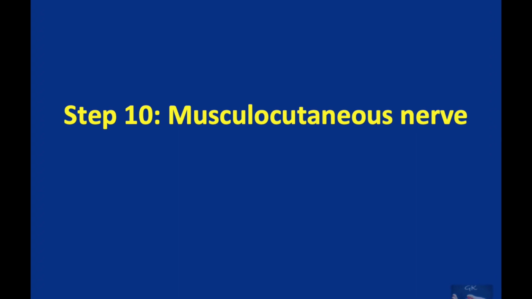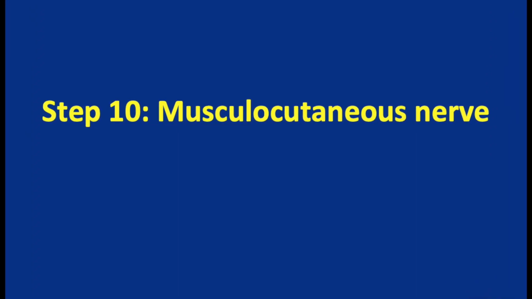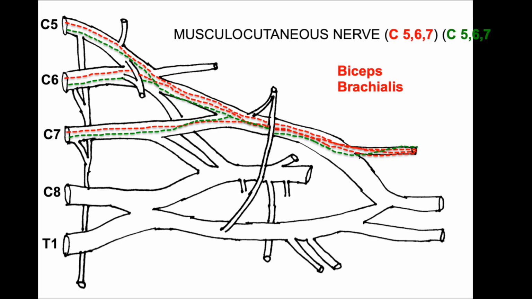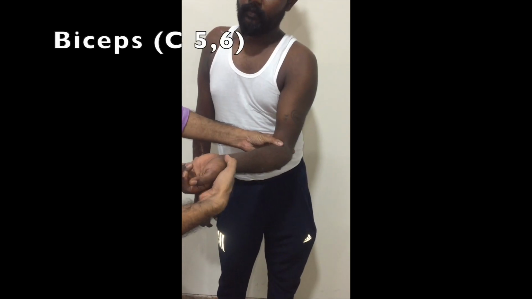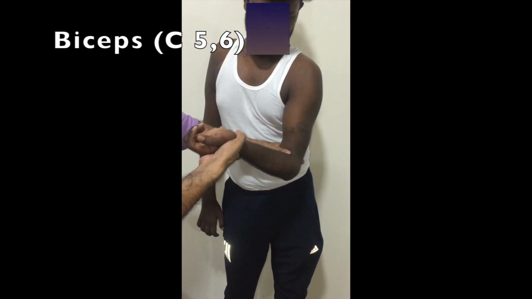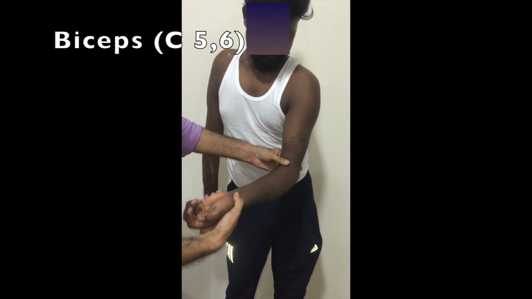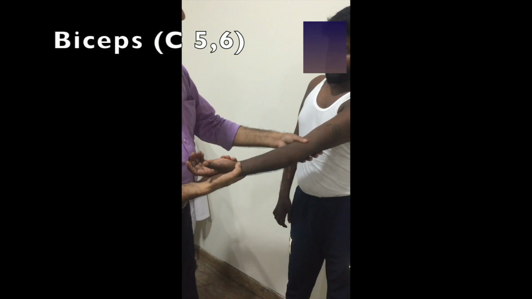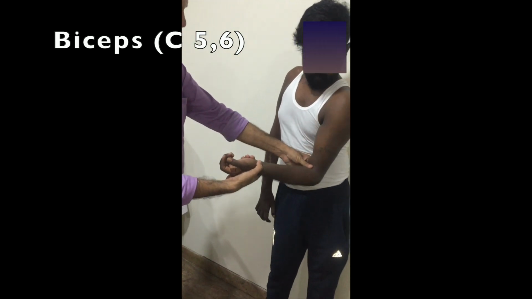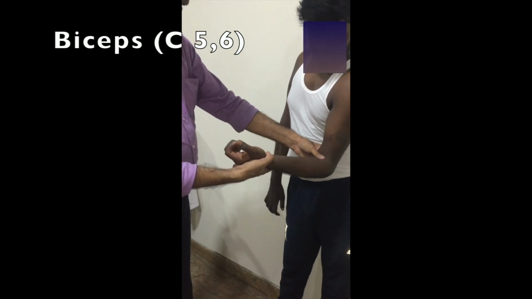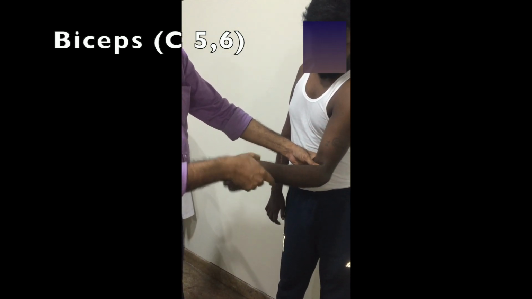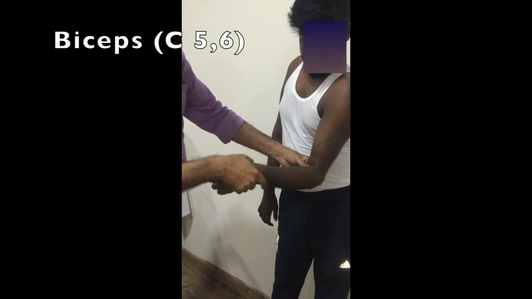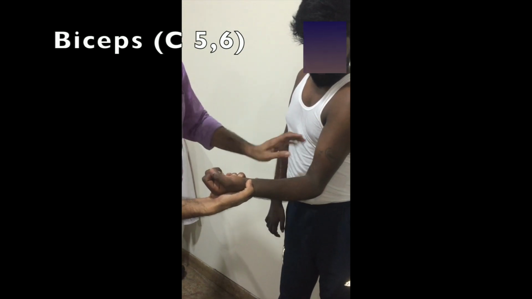The motor supply by the musculocutaneous nerve is mainly tested by testing the biceps and the brachialis function. Biceps function has two main functions. One is elbow flexion, the second is forearm supination. The elbow flexion is tested and the power of the biceps is noted. The second point is the supination, where the patient is asked to supinate the forearm with the elbow kept in 90 degree flexion. This is to make sure that it is the biceps that does the supination